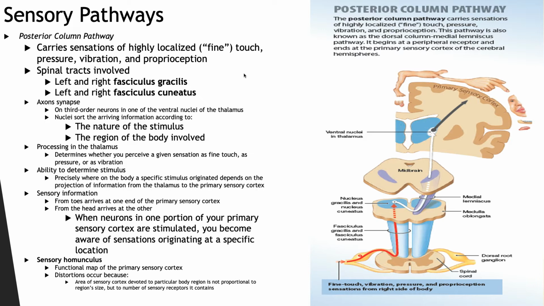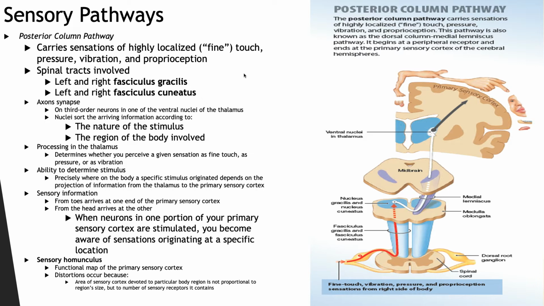As it ascends, the medial lemniscus runs alongside the smaller tract that carries sensory information from the face, relayed from the sensory nuclei of the trigeminal nerve. The axons in these tracts synapse on the third order neurons of one of the ventral nuclei of